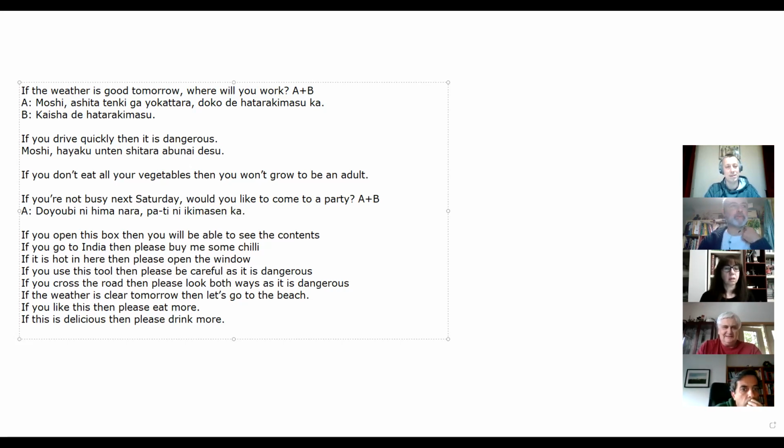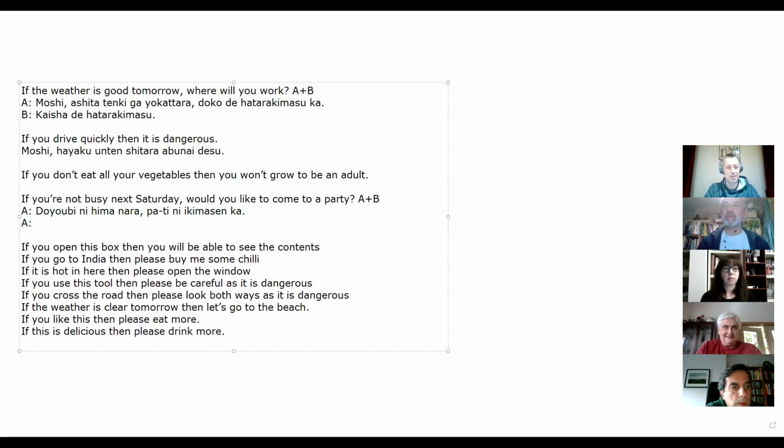Okay. Now, Joel, I'm just going to force you to use the tara form in here as well, just to be awkward. 土曜日に忙し You can still use hima. You still use hima, but just force yourself to use the funny tara form. Oh, sorry. 暇だったら パーティーに行きませんか? Yeah, good. Party ni ikimasen ka?